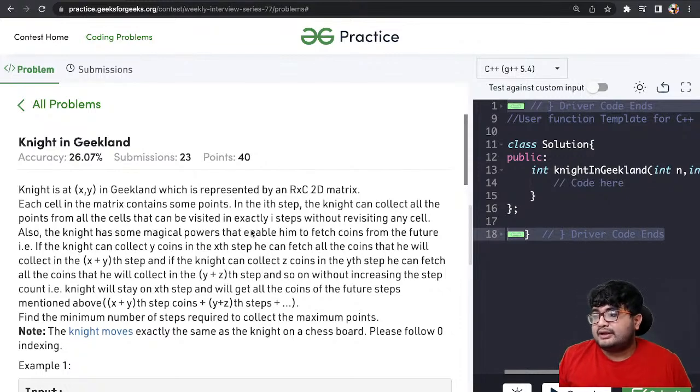So you are given the matrix for Geekland, where each cell has some value, right? Each cell has some value. What you have to do is the knight can collect. So the knight means it's a chessboard knight, right? So you know how a knight moves in a chessboard. It moves by 2 places in one direction and 1 place in the perpendicular direction,